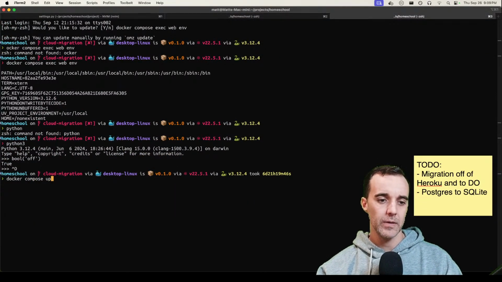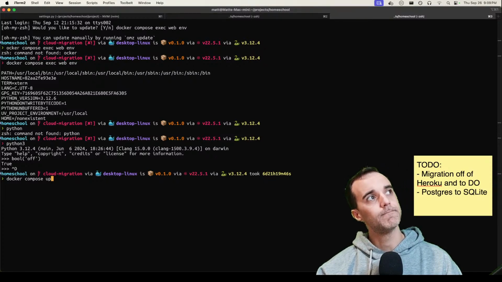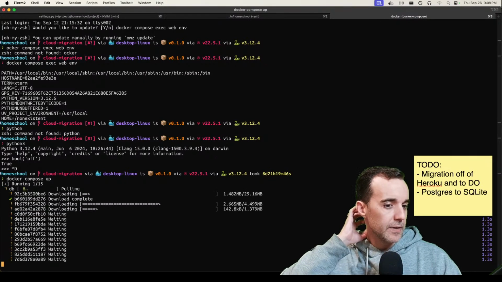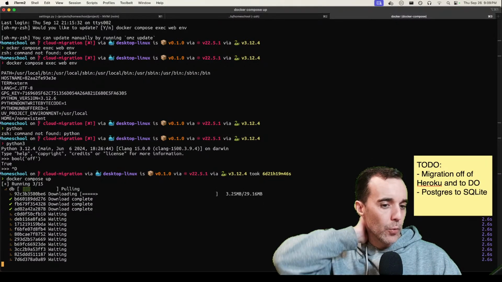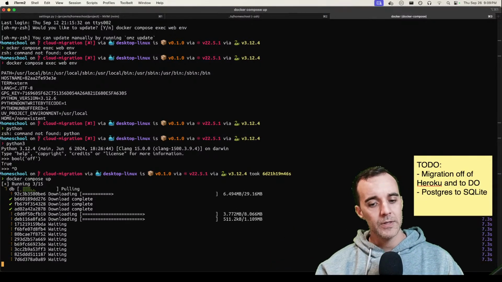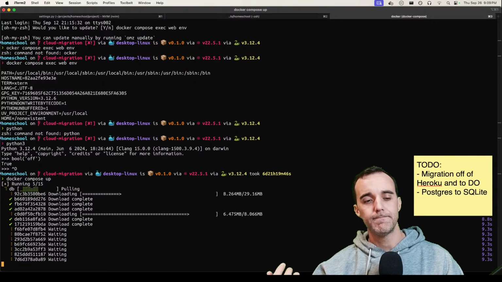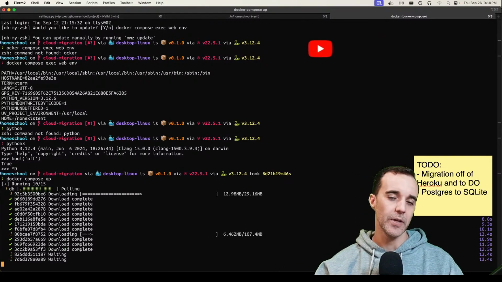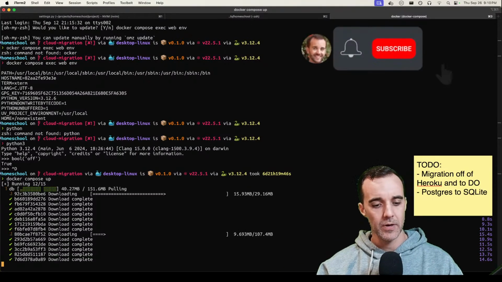At that point, the web app will actually be pointing at, what will it be pointing at? It will be pointing at SQLite. But let's go ahead and get it downloaded while we're letting it go. So we'll need to get the app running and keep the database running. Use a SQLite parameter,